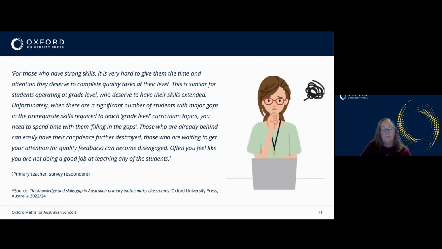We know that the challenges around differentiation can really make teachers feel like they're not doing a good job for their lower learners or their higher learners. So Oxford Maths has really been designed to support teachers in managing differentiation, which in turn increases teacher confidence and satisfaction too. You'll see that we are running a poll on this webinar, and at this point, we'd really like